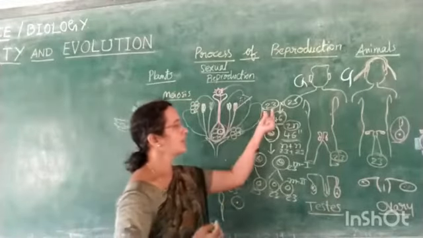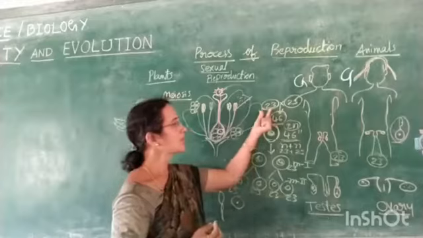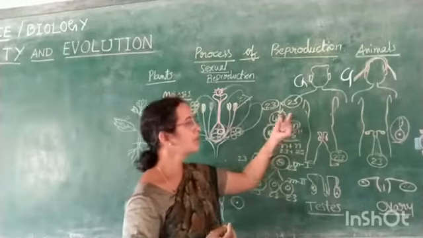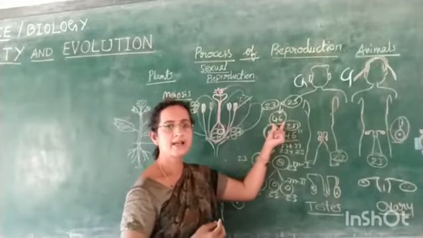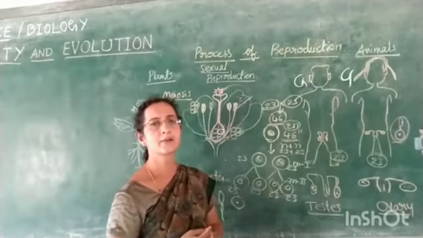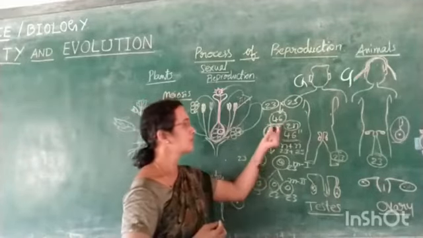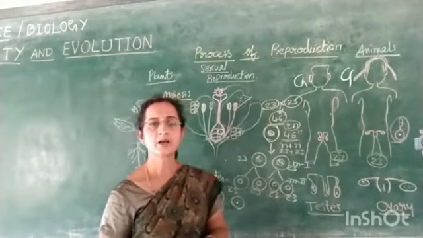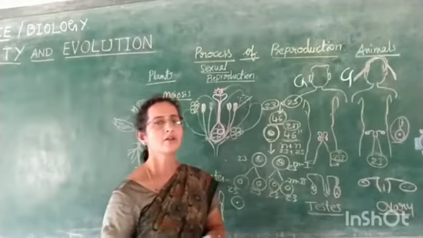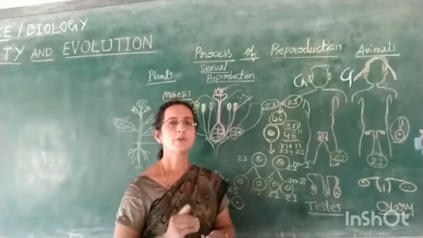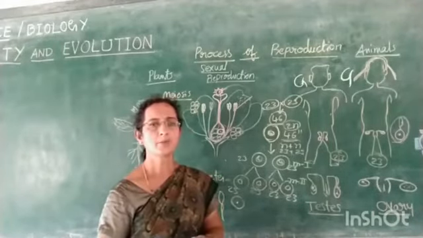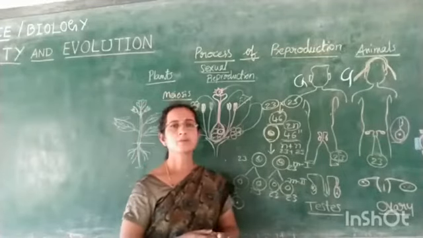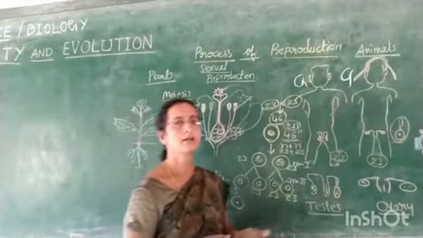So 23 chromosomes in the sperm unite with the 23 chromosomes of the egg, resulting in a cell having 46 chromosomes. This is called the zygote. The zygote, upon multiplication or continuous cell division, forms the embryo. The embryo results in the future baby. So any new organism born in an animal